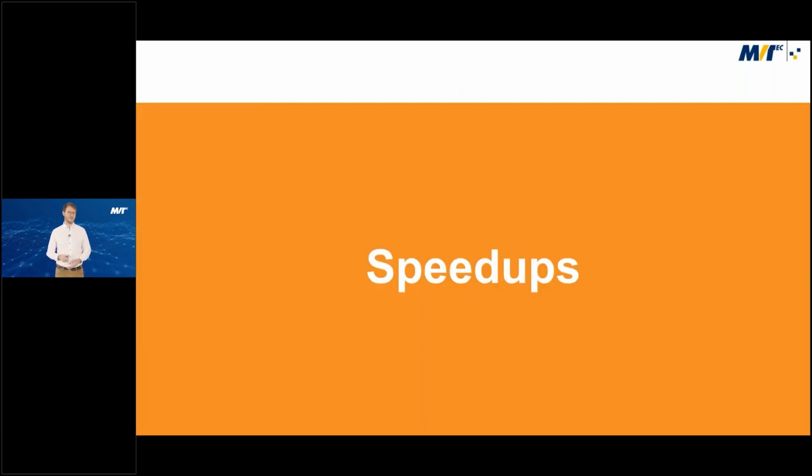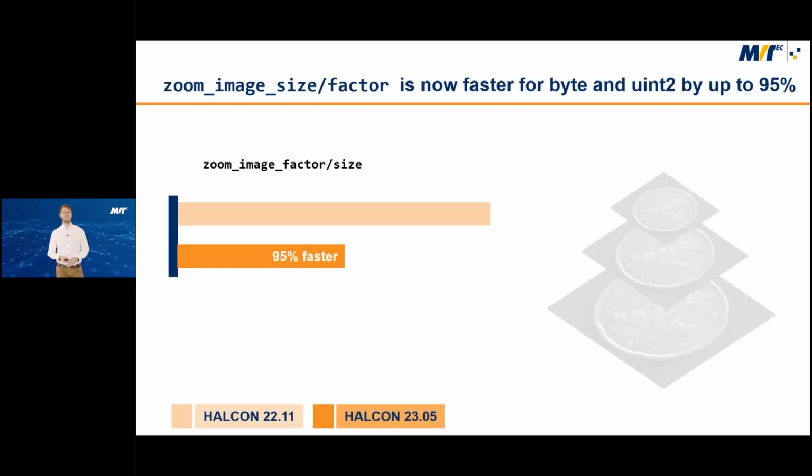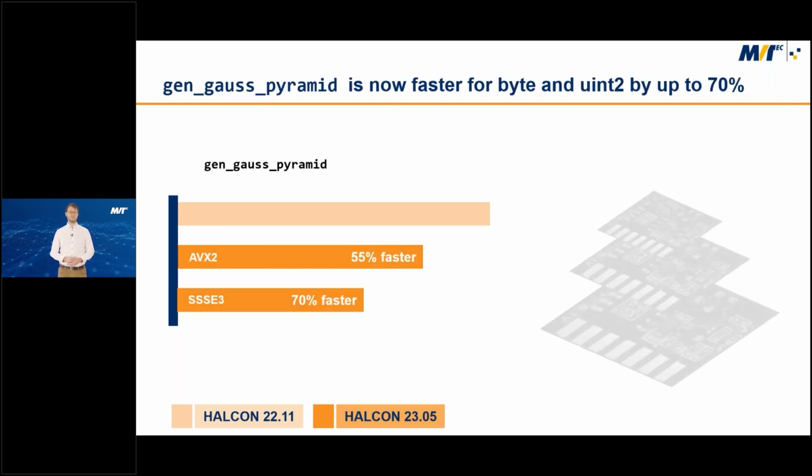Now, last but not least, Jan already said, we give you, of course, some speedups for different operators. Most notably, zoom image size or zoom image factor, excuse me, is now faster for byte and uint2 data types, up to 95%, so a lot faster. And generate Gauss pyramid is now also faster for byte and uint2 data types by up to 70%, depending on your instruction set, AVX2 or SSE3-2. So that's it for our